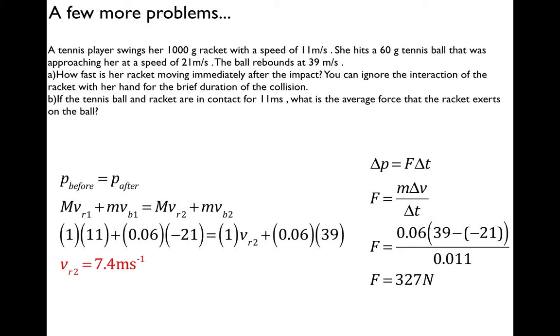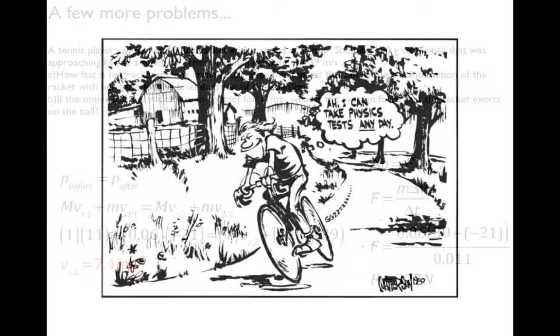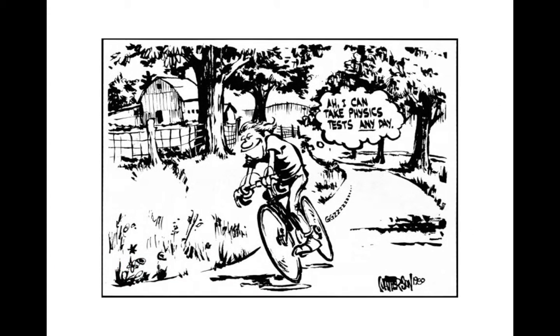The second part of the question, if you know how long there's been contact between the ball and the racket, you can actually figure out the average force that the racket exerted on the ball. Okay, I say average because with these equations, like I said before, you assume the force is constant, and it's not actually true. So we have to say just average force. So you work these things out. In this case, we'll use the impulse equation and work it out, and you end up with 327 newtons. And that's it. A last little picture from the great